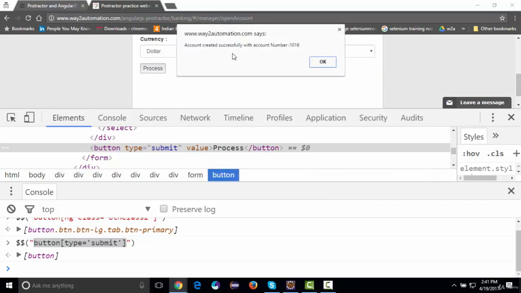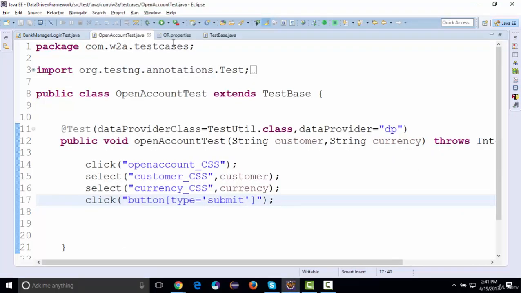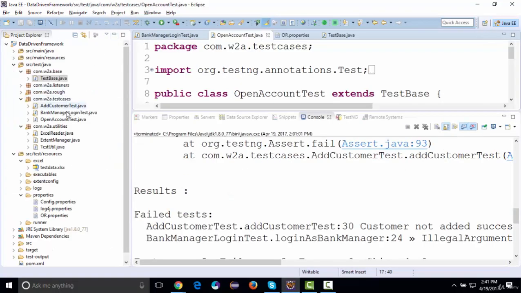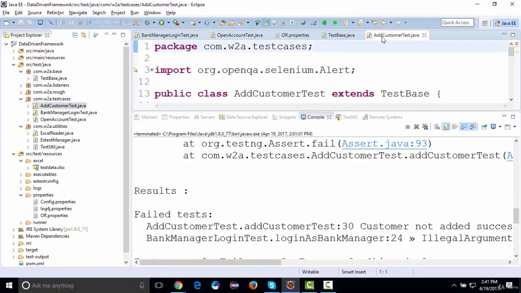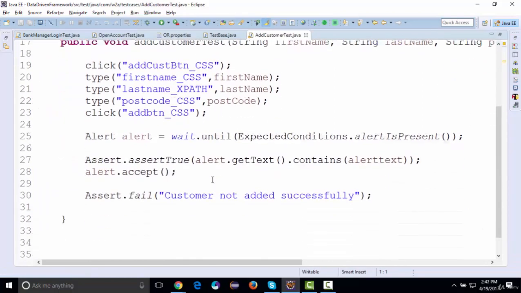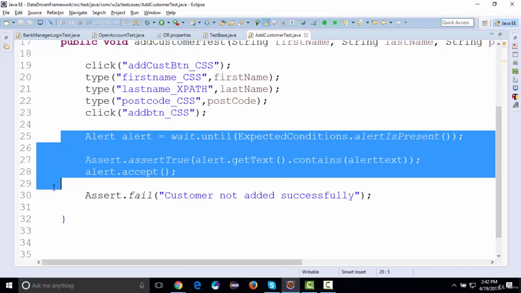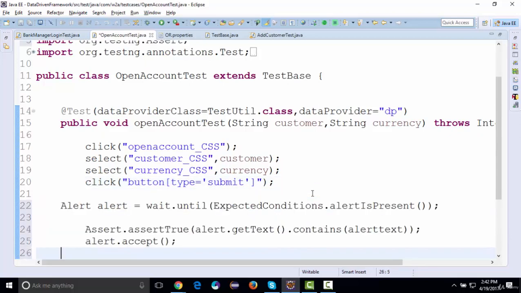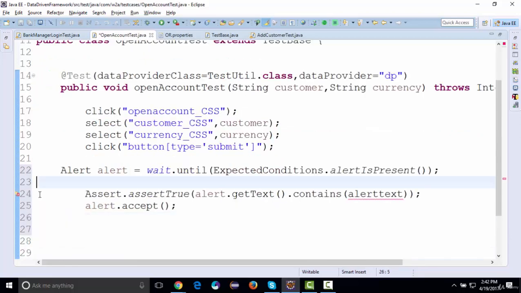Again, I get an alert like this. So again, we need to accept the alert, right? So same thing that we have used in the add customer test, I can use the same alert method over here, right? So we're first gonna check the presence of alert, and then we're gonna accept it,